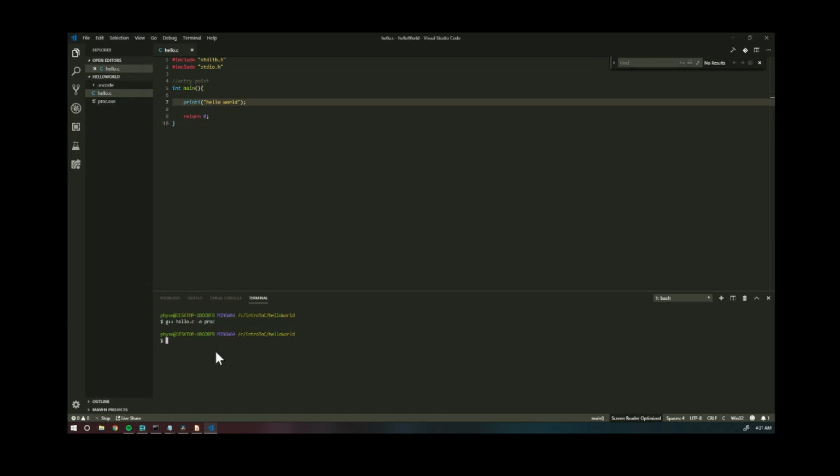You have two choices. You can either run it directly here in the terminal. If you're using git bash, you can type ./proc.exe. It'll print out hello world. Or if you prefer to use the command prompt,